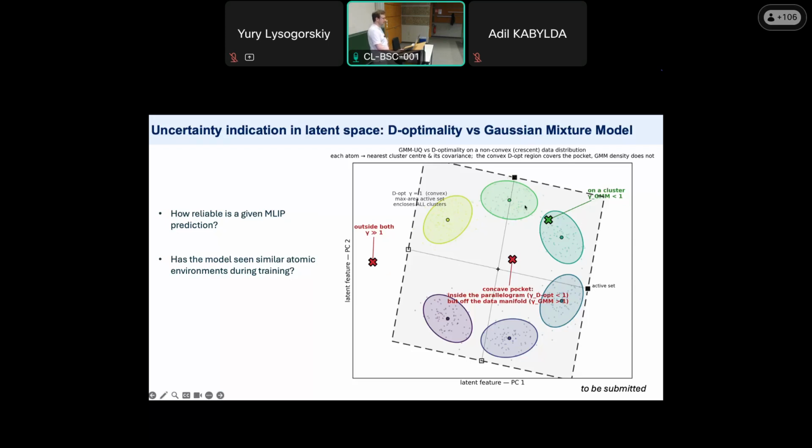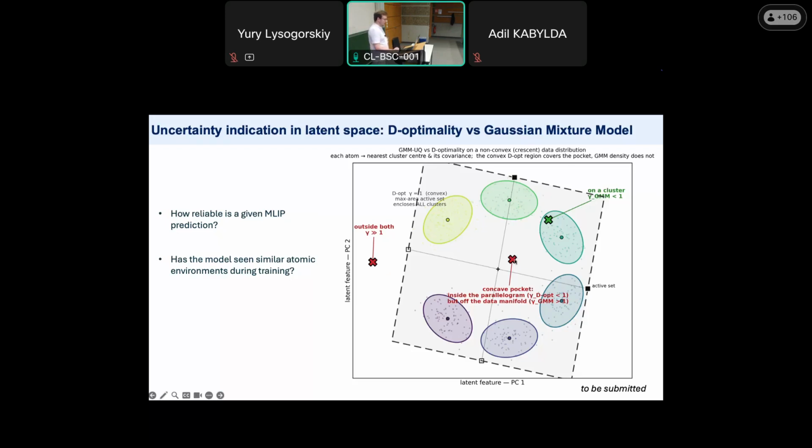And of course, you can imagine a situation depicted in this cartoon, it's not a real projection, that in your training data, you may have such a distribution of local atomic environments projected into this latent space that forms some non-convex distributions, like these semicircles or isolated clusters. And of course, the D-optimality method would not capture that, because even inside here, it will indicate it as reliable, which is not true.